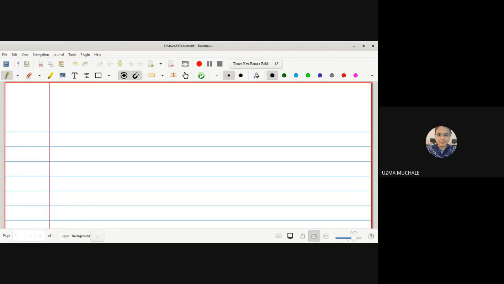Good afternoon, friends. In today's recorded lecture, we are going to see Euler's equation of motion of a rigid body with one point fixed. We'll see Euler's equation of motion of a rigid body when one point of the rigid body is fixed.